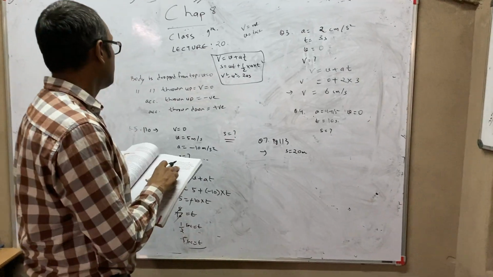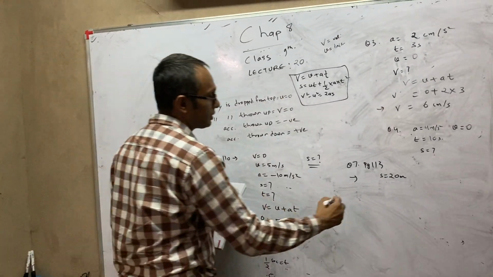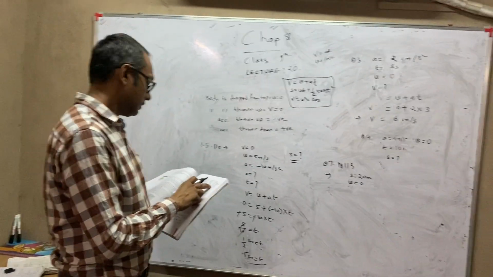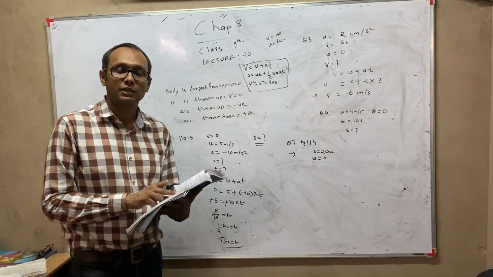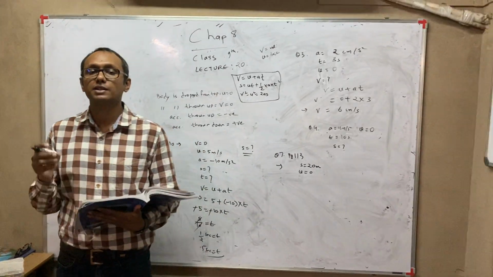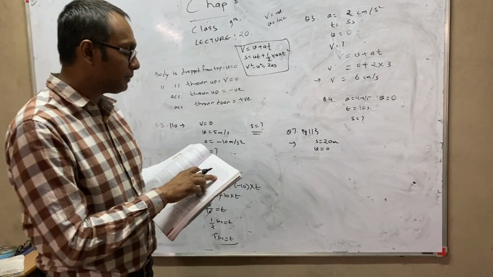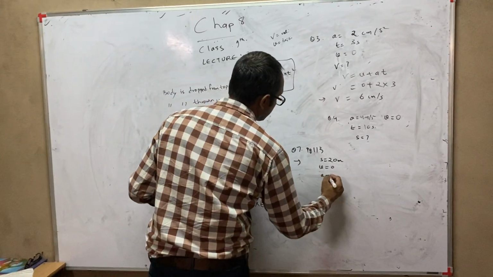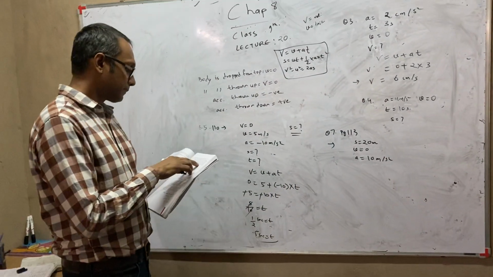It is dropped from a height. So when anything is dropped from the top, we take u as 0. So our u will be 0. Its velocity increases at the rate of 10 meter per second square. Now many children write this 10 meters per second square as velocity. No, it is not velocity. This is acceleration. And how do I know? Because the unit is written meter per second square. So acceleration is of course positive. Why is it positive? Because it is thrown down.